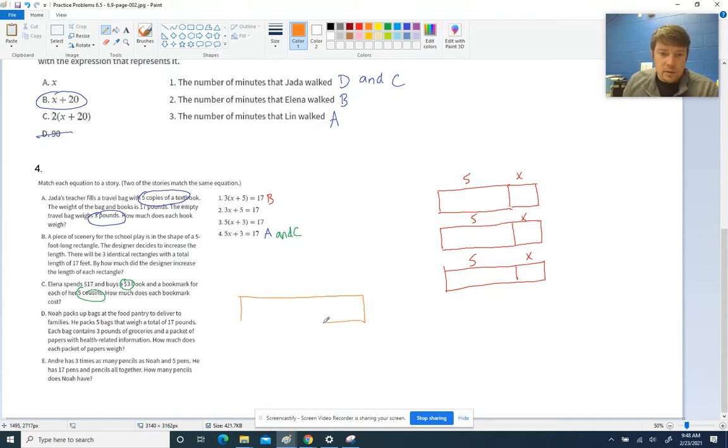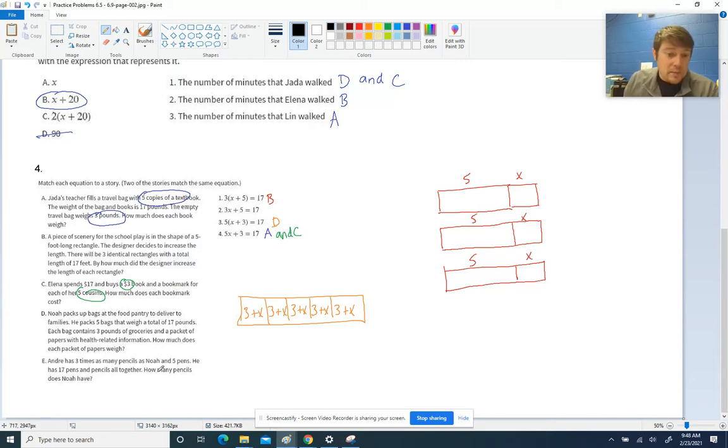So I'm going to split this up into 1, 2, 3, 4, 5. 5 things. And every bag is going to have 3 pounds of groceries and a packet of papers. 3 in every bag and a packet of papers. We don't know how much the packet of paper costs. That's why the X is going to get involved here, right? Plus X. So we're looking for 5 things of X plus 3 or 3 plus X. That is number 3. So that's why D is going to go with that one. And that makes sense. And then lastly,